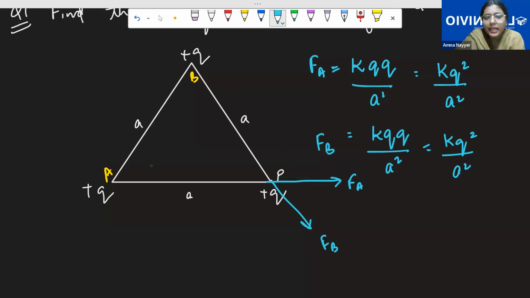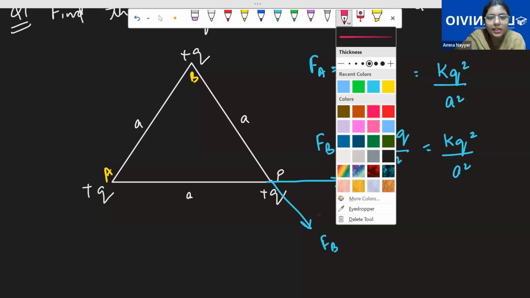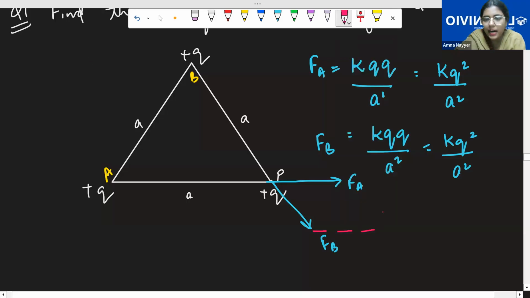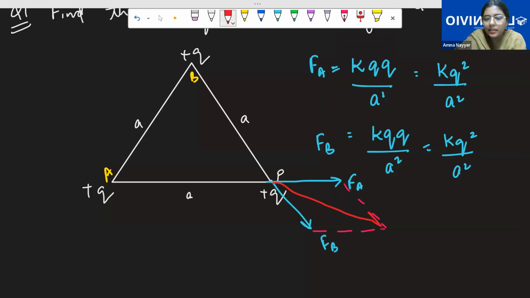Now see, we can directly find out the resultant now. Okay, this is one vector, this is second vector. What do we do in such a case? We complete the parallelogram first. So we complete the parallelogram. Where is our resultant lying? So we know this is our resultant. This is our final resultant. Step one is your geometrical construction.